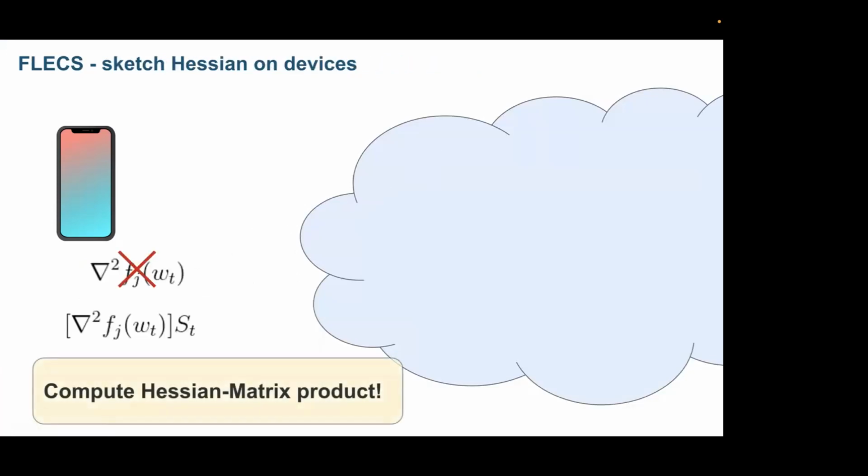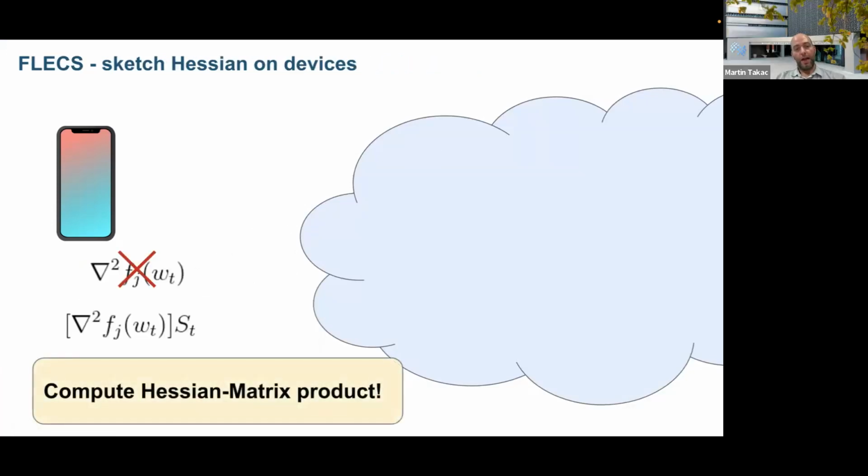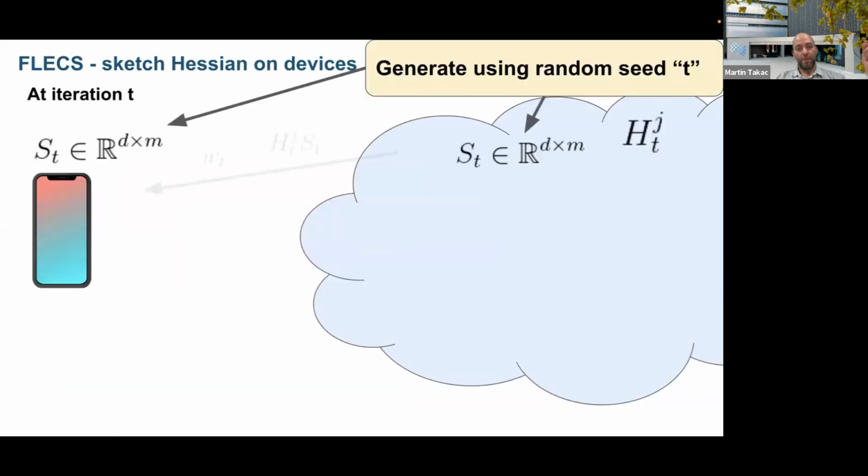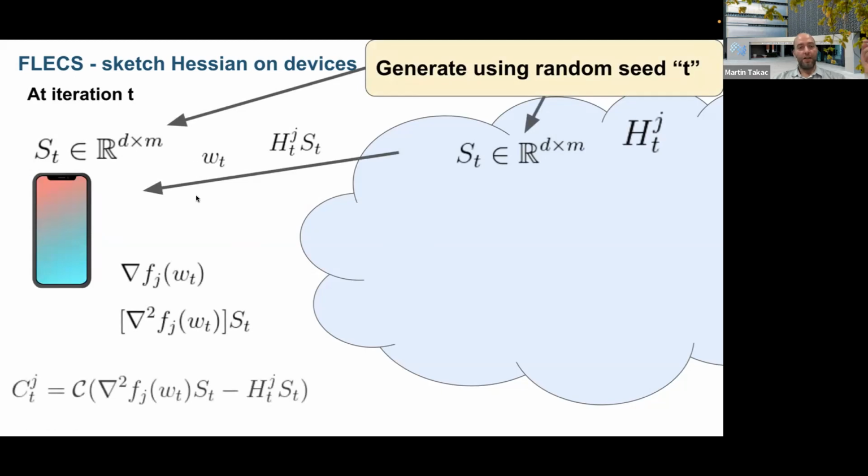So therefore, someone said in this method, we don't want to compute the Hessian at all. I just want to only sketch the Hessian by some sketch matrix S. That's all I need to do. To compute Hessian times S, we know this is very efficient. It's just the same cost as the gradient times M. So therefore, some say don't choose M very large, just choose M like 1 or 2 if you want to. Otherwise, it's much more expensive to compute Hessian vector products or Hessian matrix products, and I also need to communicate much more bits because I need to communicate this matrix, which will be D times M. Okay, it's quite expensive.